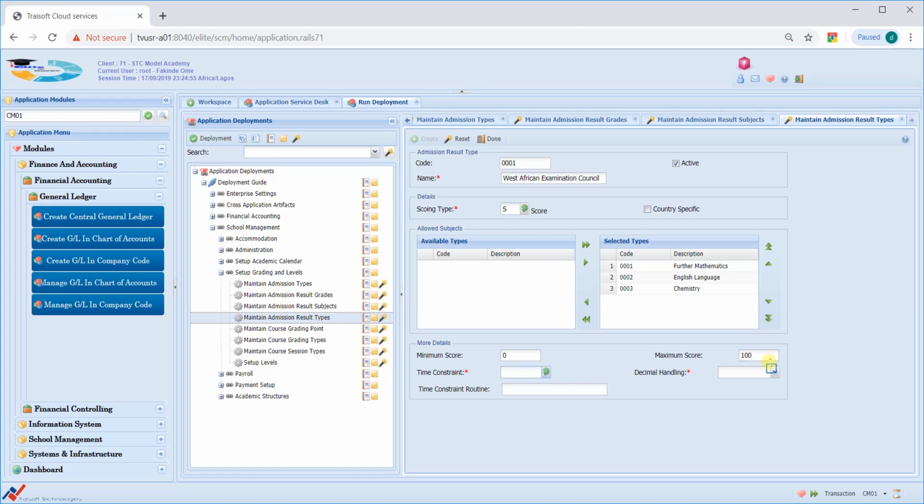Then once we are done, there is the decimal handling, this is basically rounding. So we just say round up, round down. Basically for every score in decimal, how does the system handle this? So we say round up. Then the time constraint. I've talked about time constraint before, and I said I would push the full details of this into when we begin to talk about the students. So for now, we'll just select it as